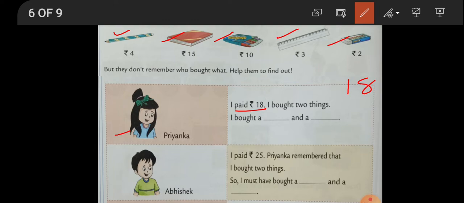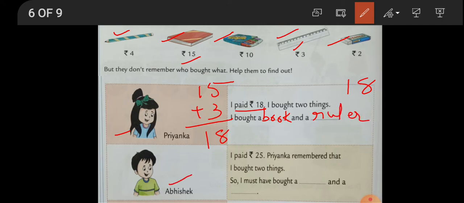So you take the bigger number. Big number. You take the big amount. Take the one big amount as 15. So you take 15, okay? Then 15, 16, 17, 18. 3 more. That means this one, ruler. Okay. Plus 3. See, 5 in mind. 3 fingers forward, counting after 5 gives 8. 1 as it is. So you got book. That means she has brought the book and the ruler.